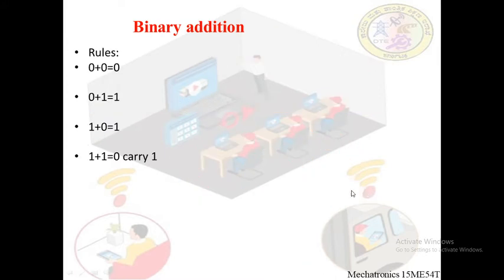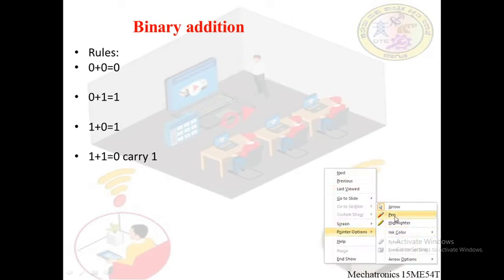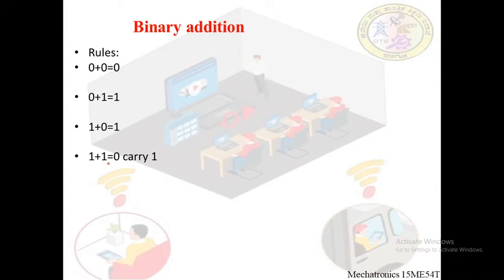Binary addition. A few rules associated with binary addition are as follows. We discussed in the previous slide that when we talk about binary numbers, we have only two options, that is 0 and 1. We cannot have 2, 3, etc. All addition, multiplication, etc. will be carried out with only these two numbers. Therefore we have a special set of rules associated with binary addition, subtraction, multiplication, division, etc. Let us try to understand each one of them, given one by one here.